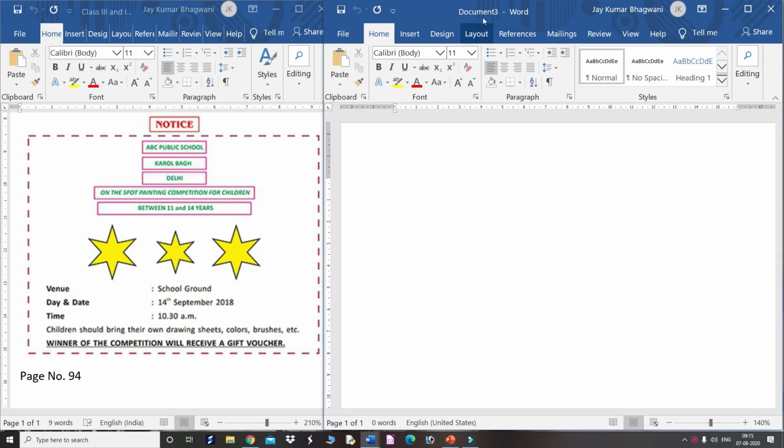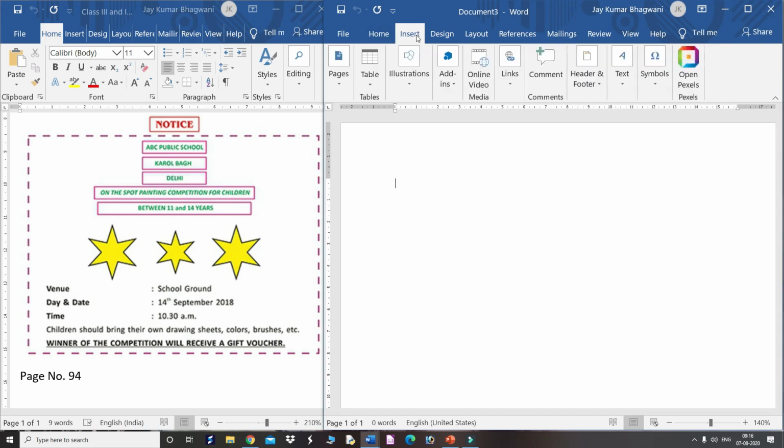For this, you have to start Microsoft Word on your computer. Okay. So first, let us start with creating the shapes, because these are the boxes and inside the box we have to write the content. So just click on the Insert tab. In this, you will easily get the Shapes option.